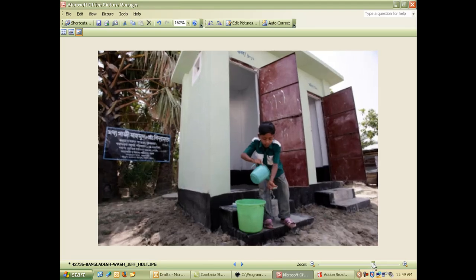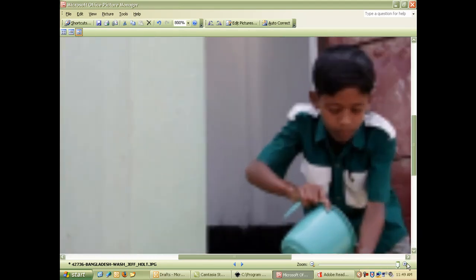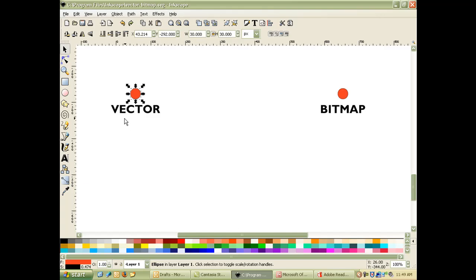And when you take a bitmap and make it larger, you can actually see that it's made up of lots of little dots, and at a large size they start to look a little blurry, or what we call pixelated. A vector graphic, which is the kind of graphic that makes up the map that we're going to work with, doesn't work like that. So again, these two circles look just alike, but this is what we call a bitmap,